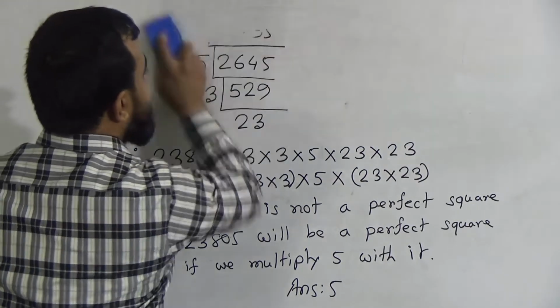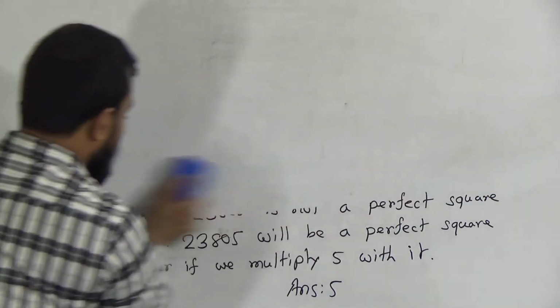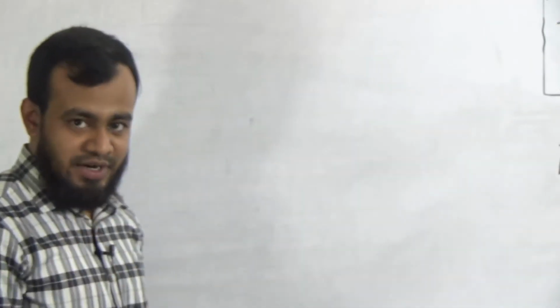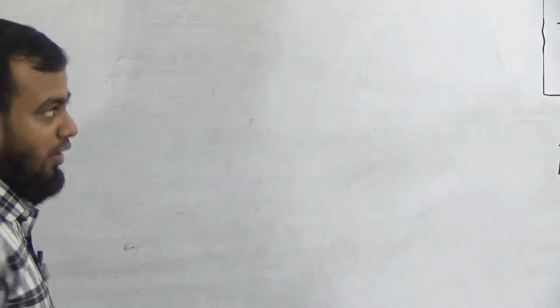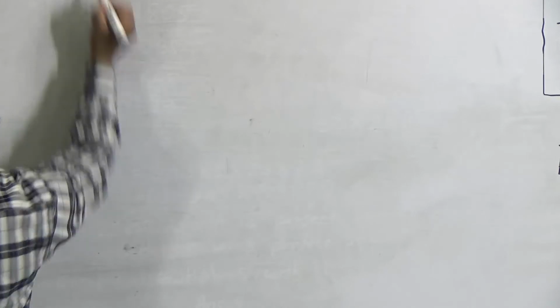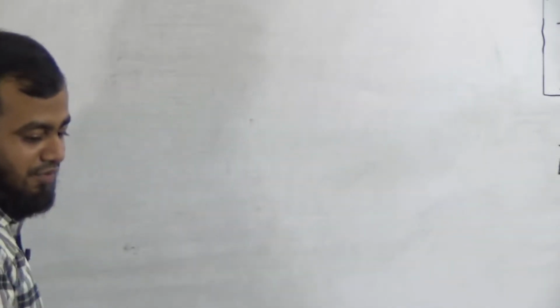Question number 4, activity C, in the similar way. Okay, first of all we need to read out the question. The question is, what is the least number by which the following number is to be divided so that the quotient would be a perfect square number? That means which least number needs to be divided into that number, we need to calculate with the same process, my dear student. Okay, now it's activity C of question number 4. The number given here is 21,952.